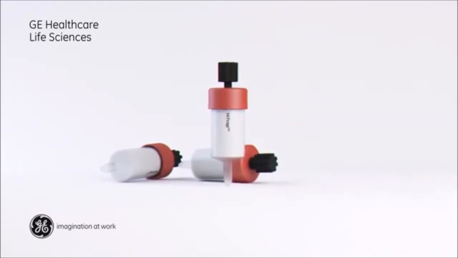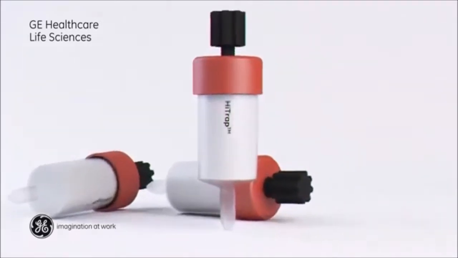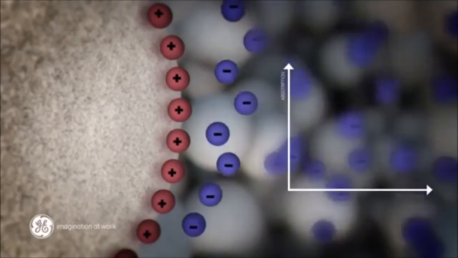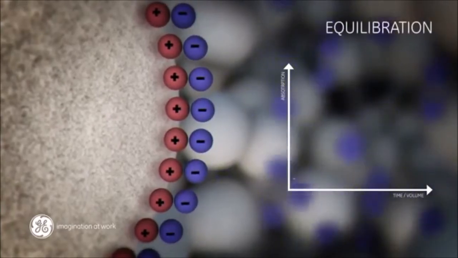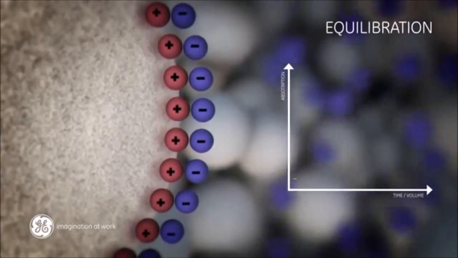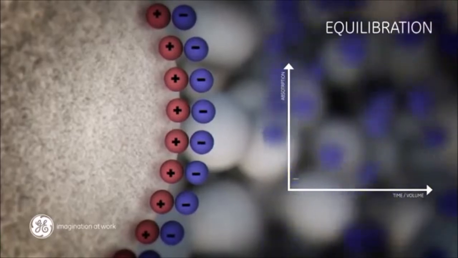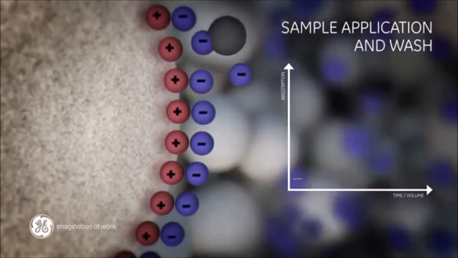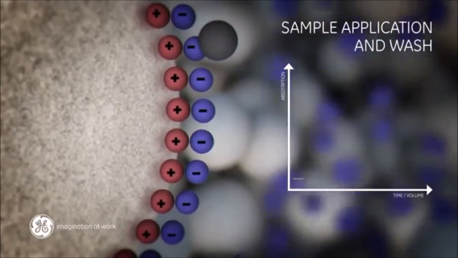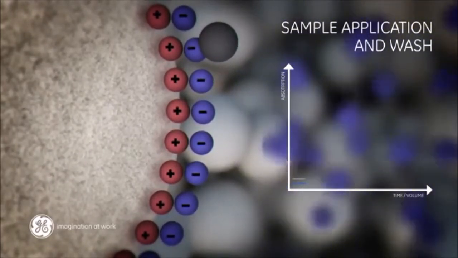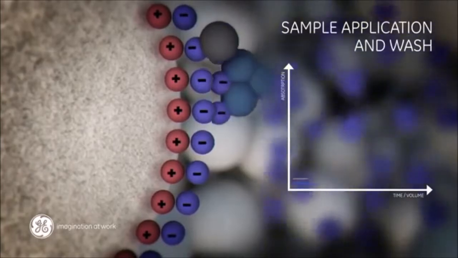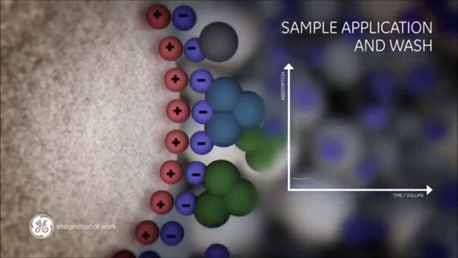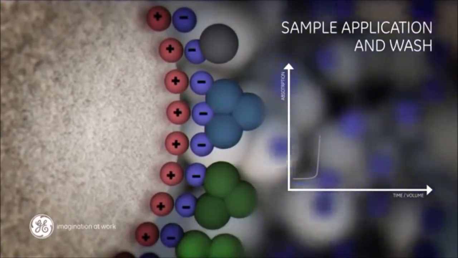The first step is the equilibration of the stationary phase to the desired start conditions. When equilibrium is reached, all stationary phase charged groups are associated with exchangeable counterions, such as chloride or sodium. The second step is sample application and wash. The goal in this step is to bind the target molecules and wash out all unbound material. The sample buffer should have the same pH and ionic strength as the starting buffer in order to bind all